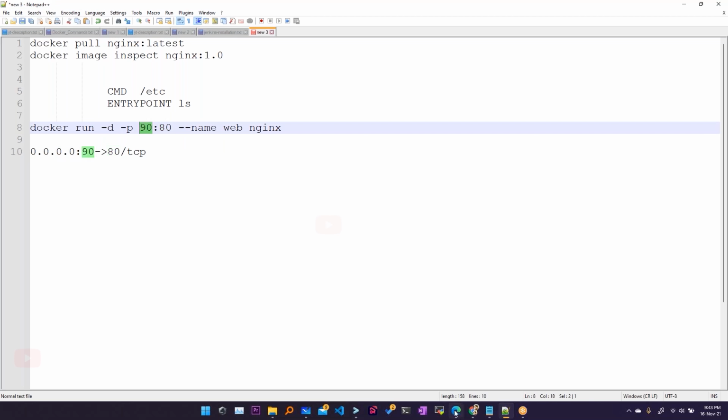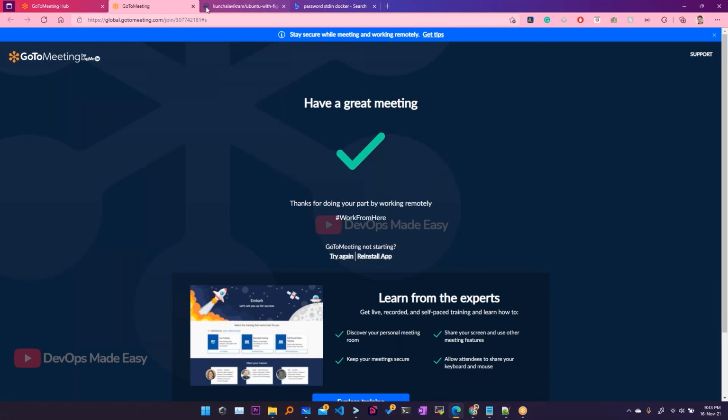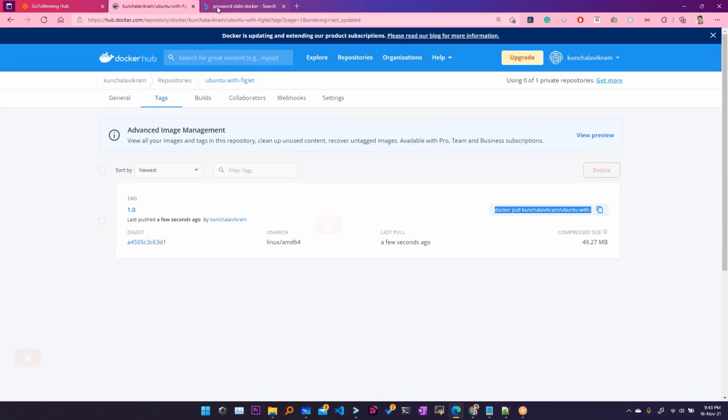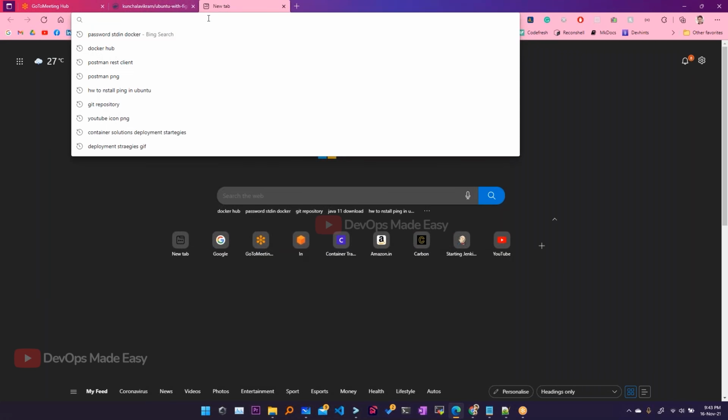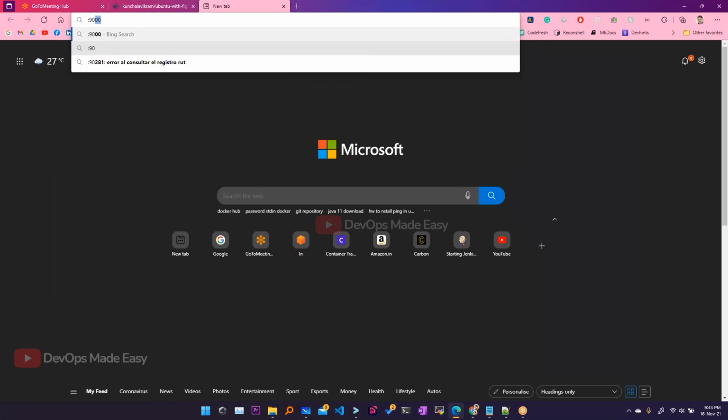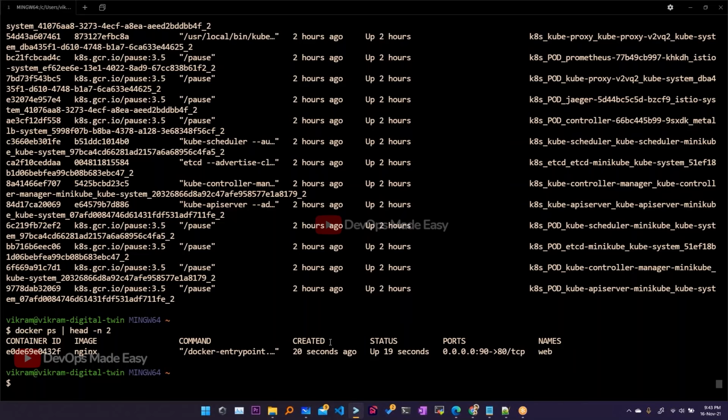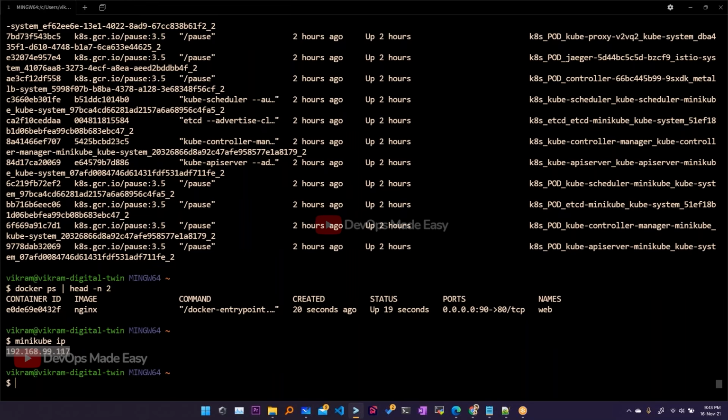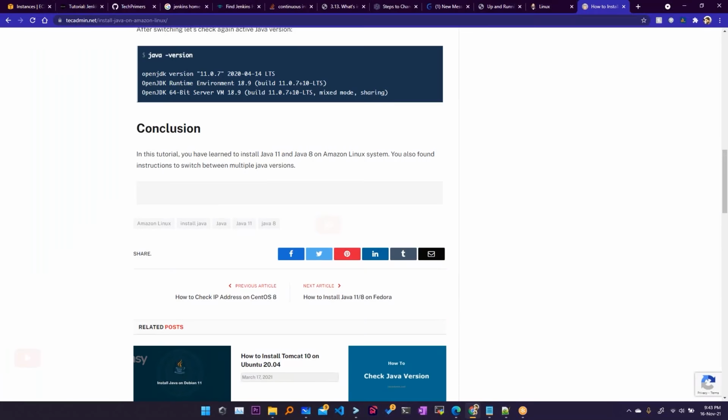Okay, that means that I'll go to the browser, and then I will use the IP address, some IP address colon 90. What is that IP address? IP address of your Docker machine, the public IP address. So in my case, I will find it out like this. But in your case, it should be your EC2 instance's IP address. In my case, this is different, so I'll be using this IP address of my machine.